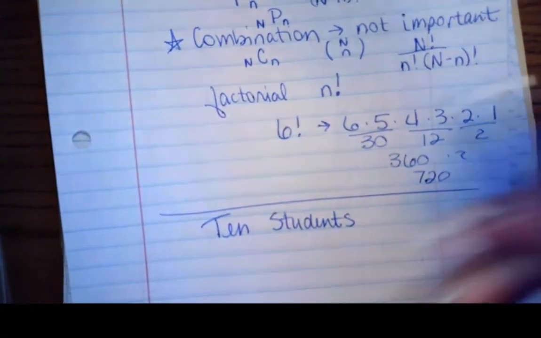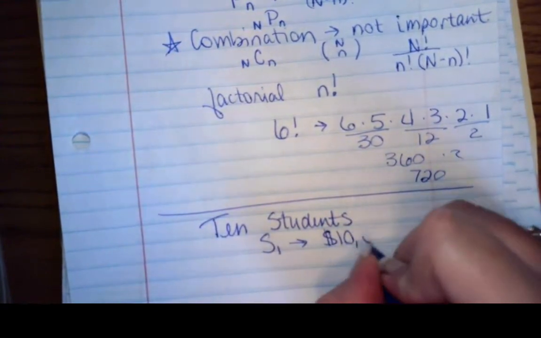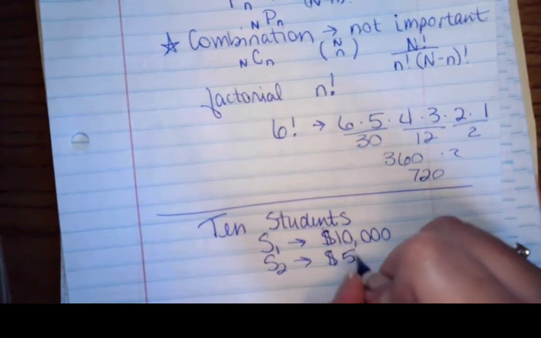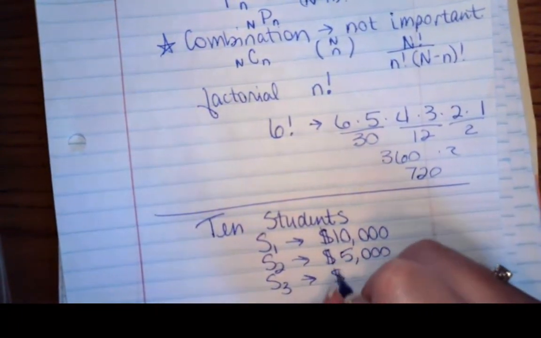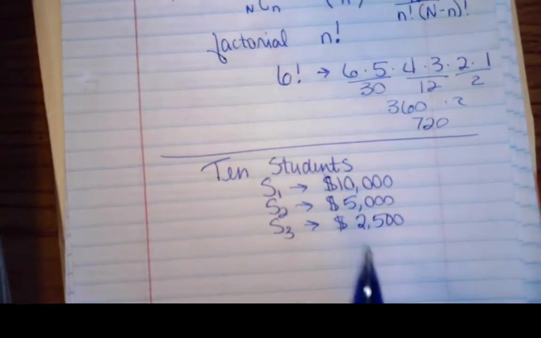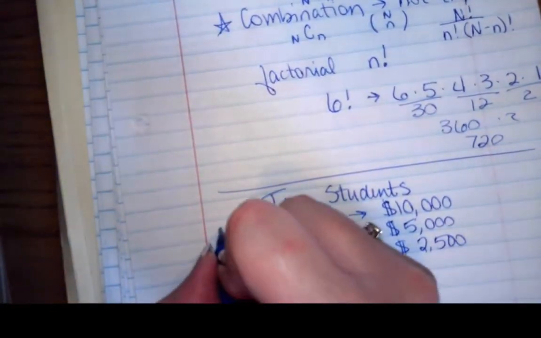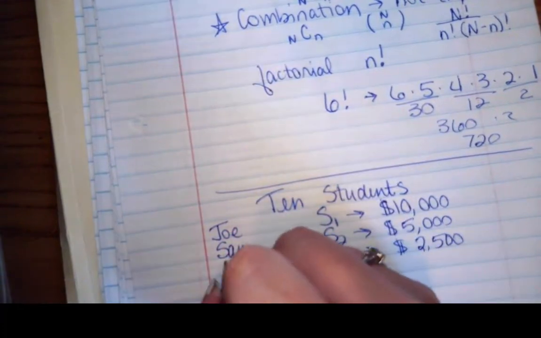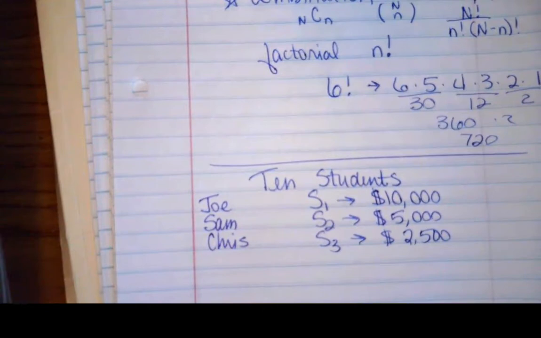give them scholarships. So student number 1 is going to walk in the room and get a $10,000 scholarship. Student number 2 is going to walk in the room and get a $5,000 scholarship, and student 3 is going to walk in the room and get a $2,500 scholarship. So you should recognize right now that order is important. We're going to use Joe, Sam, and Chris. Those are my 3 students out of the 10 that we're just going to focus on for right